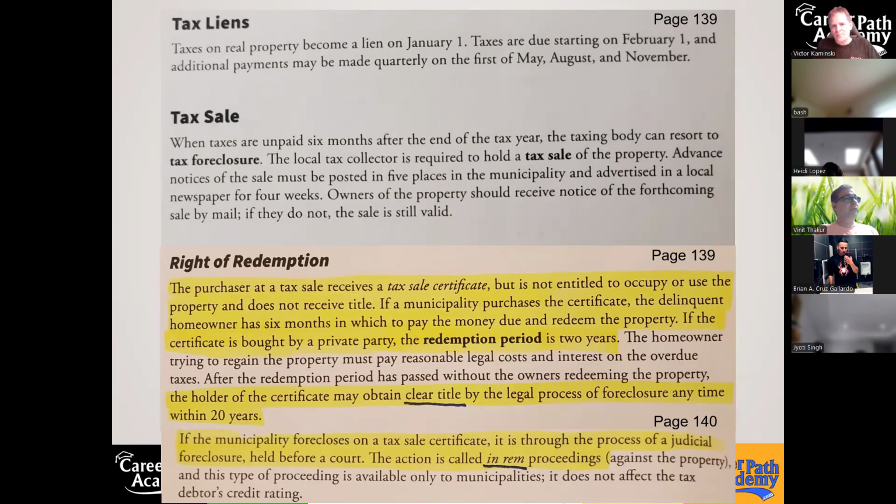When you don't pay your property taxes and there's a tax foreclosure sale, you pay that person's taxes. The homeowner has 2 years to pay you back plus interest. If they do not pay you back within that 2-year period, now you can foreclose on them as if you're the municipality and wipe out all other liens. You get that property free and clear just for whatever you paid in that person's property taxes.